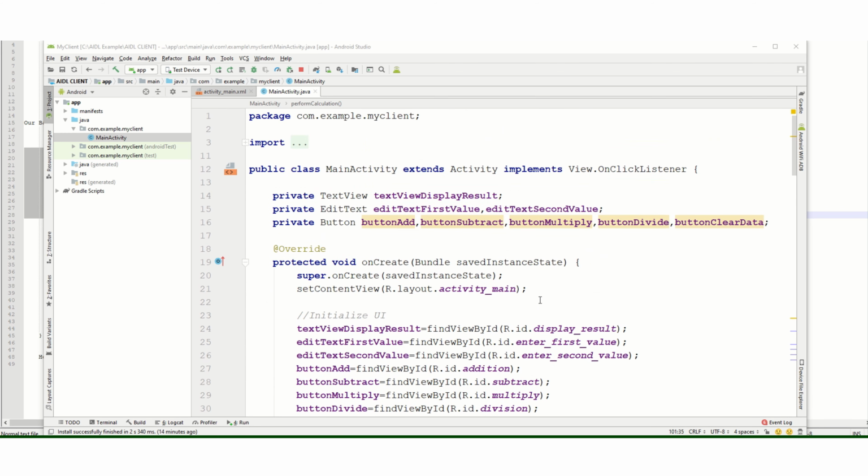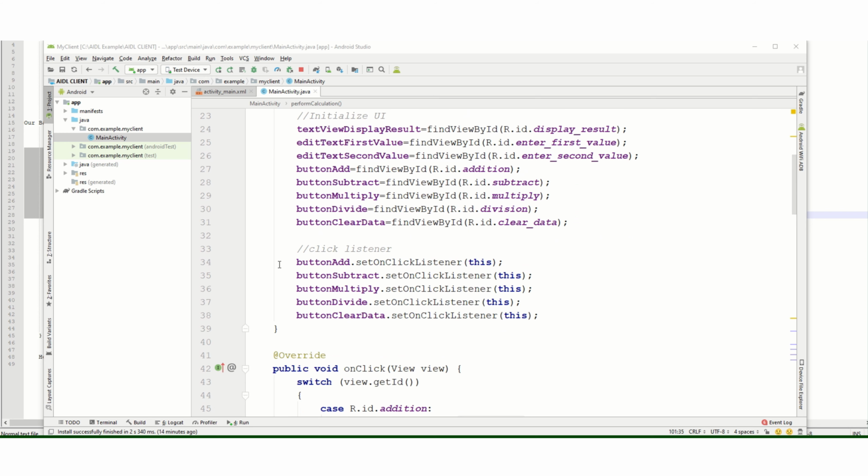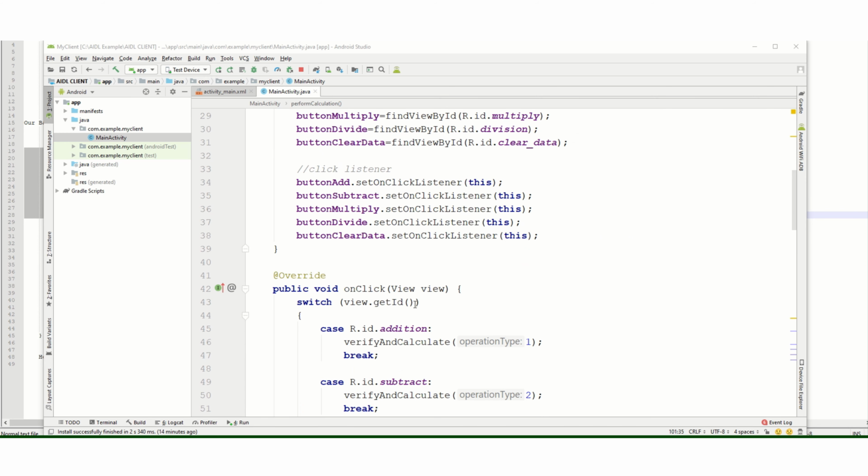So let's have a quick overview of the code. First I have initialized the UI and click listener. So whenever I click on, let's say, the add button, it will go to this function verify and calculate, and operation type would be 1.